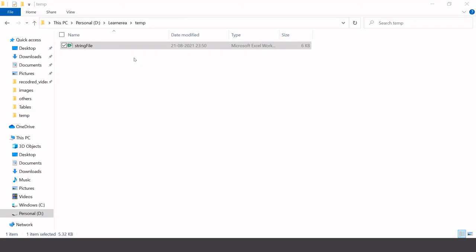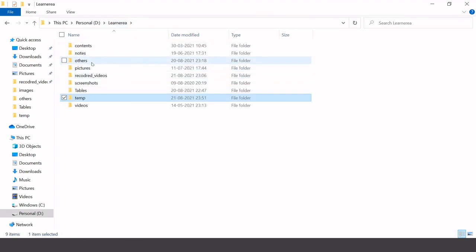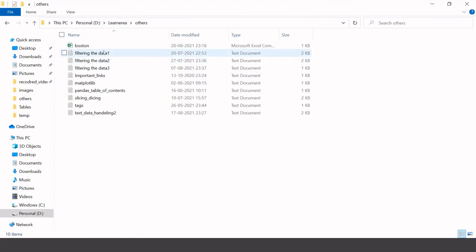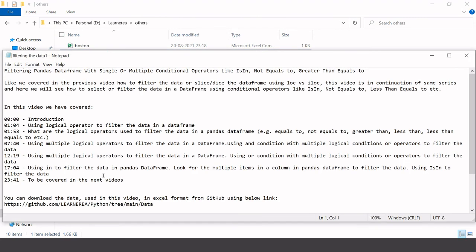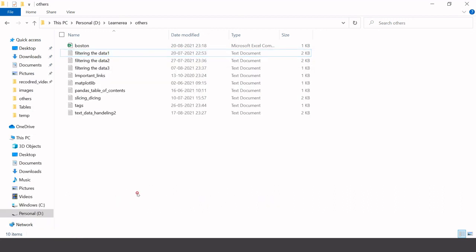If you want to validate them, let's go back in here in the source location, which was others, and in here let's look in this file. Like you can see it over here, it has that string learn area. So this is how you can create a process which will loop through each of the files in a particular directory and will search for a particular string, and then it will give you a list of all those files.